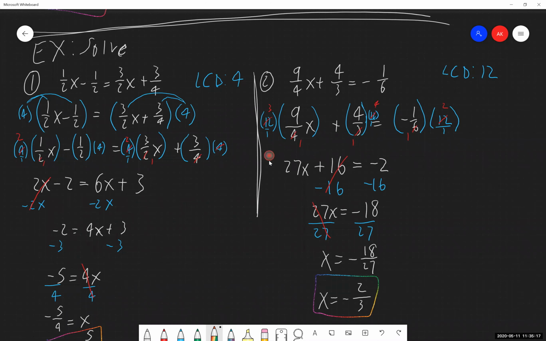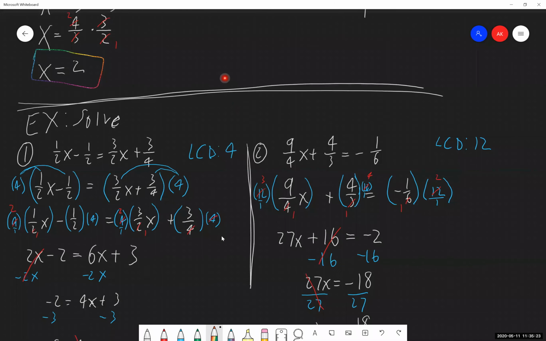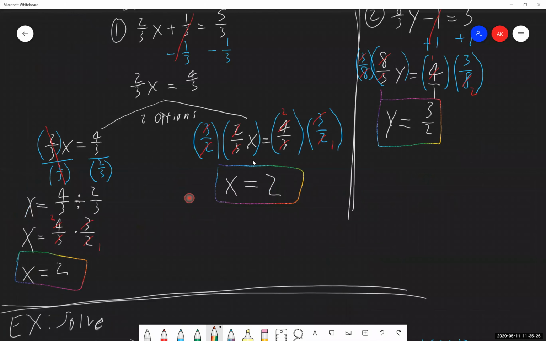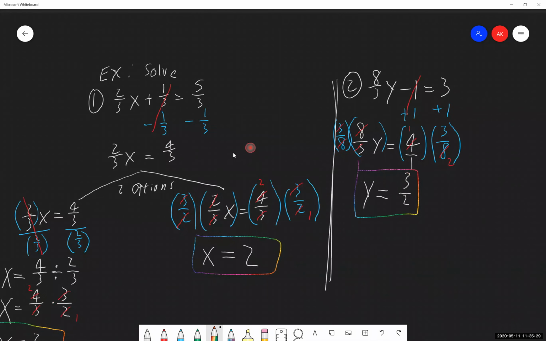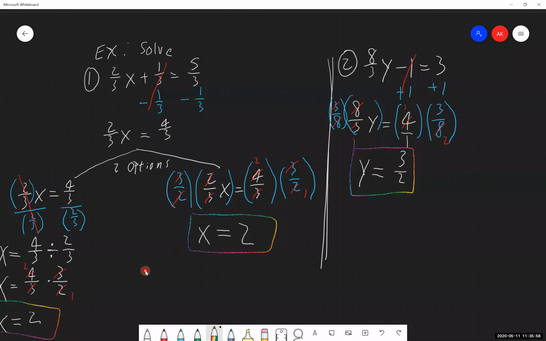So this is our method if you want to eliminate fractions. It's a fantastic method. I recommend using it. But if you don't want to use that method, that's fine. You can work with everything as though you were just working with fractions. Add or subtract fractions together the exact same way as we did in the past. We have these 2 options for eliminating fractions. And our final step, if we have a fraction attached to a variable. And again, I'm fine with whichever one that you would like to use. I think multiplying by the reciprocal saves you a couple lines of work by comparison. But again, it's your choice as to which one you would like to use. They will both work. Okay?